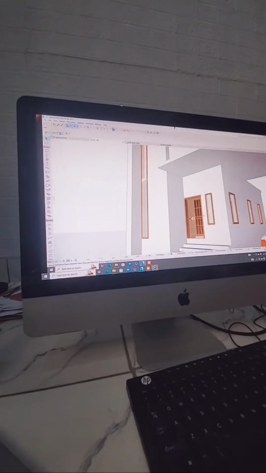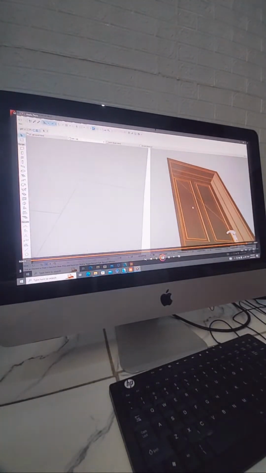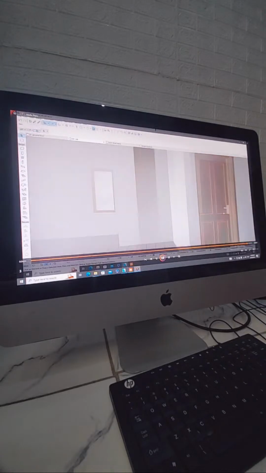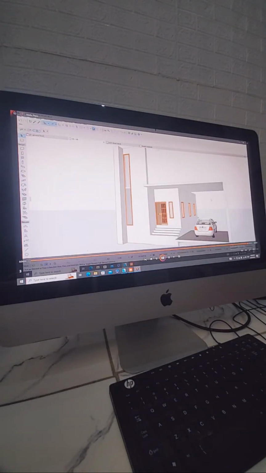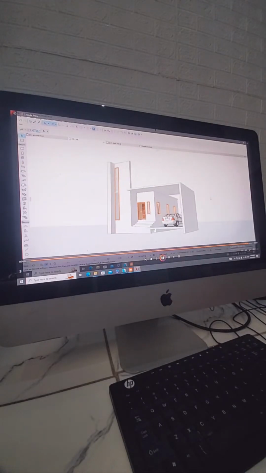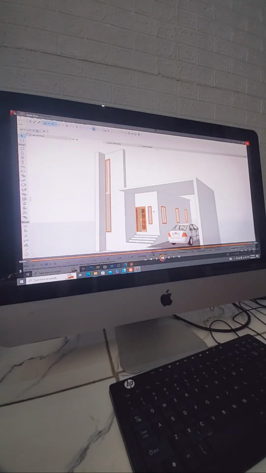The ground floor is ready, perfectly ready. You can see everything about the ground floor is ready. You can see very well, it's ready. I've already slabbed the project. You see, it's flat. This is the interior, but I'm not doing interior design, so that's the reason. Okay, now you can see this is the ground floor. This is a small building in a small land, but it's small, but it's cool. You can use this design mostly in